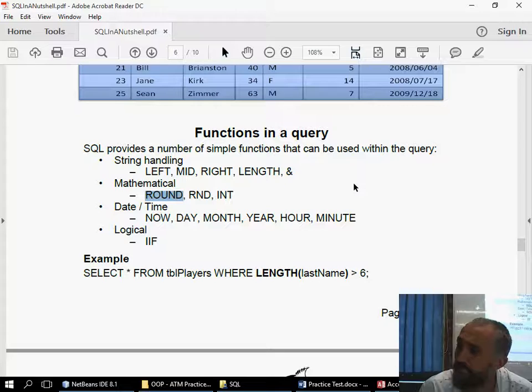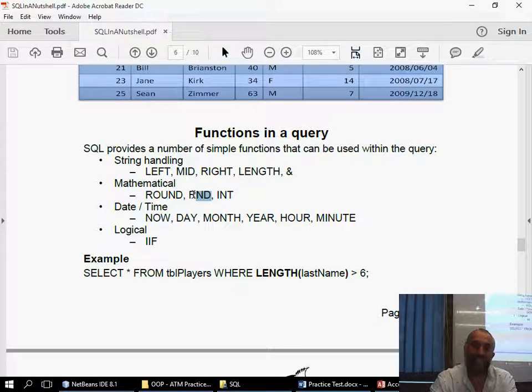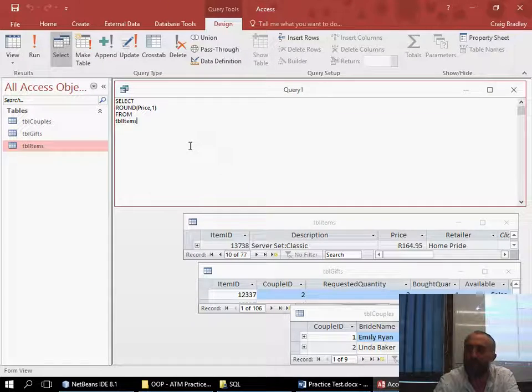Alright, now, RAND is an interesting one. I'm happy that we're coming across this because this is something that has come up in a past final before and has been answered pretty badly. When you randomize something, if I go SELECT RAND(), description